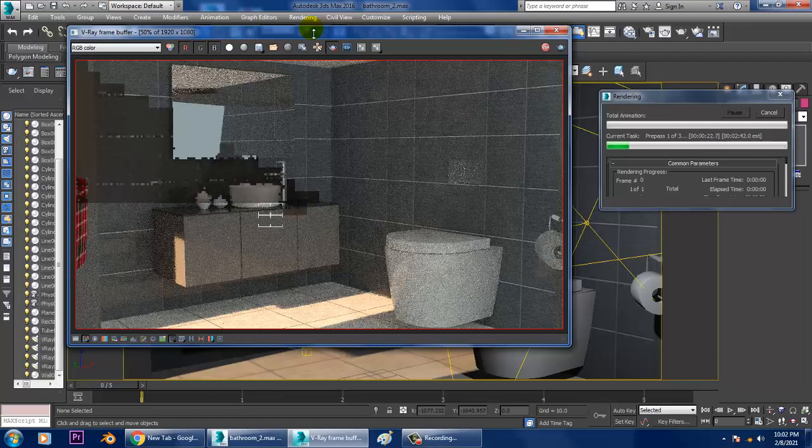We can also set up the passes over here, that we can do easily. First let's just render it.